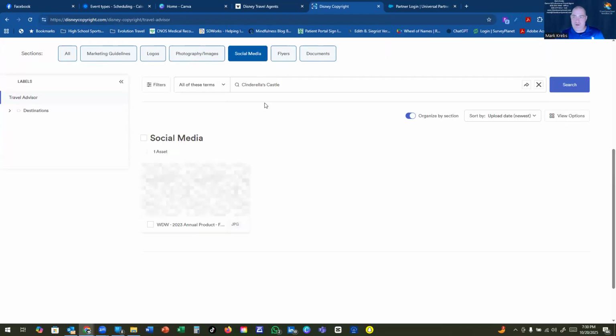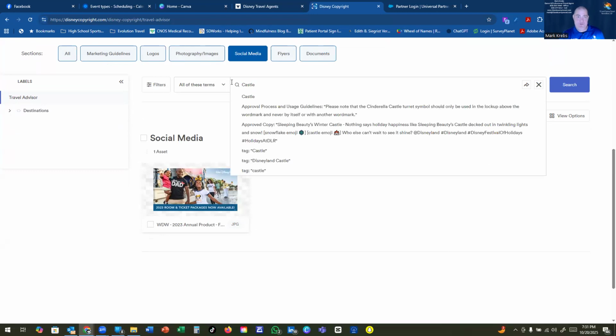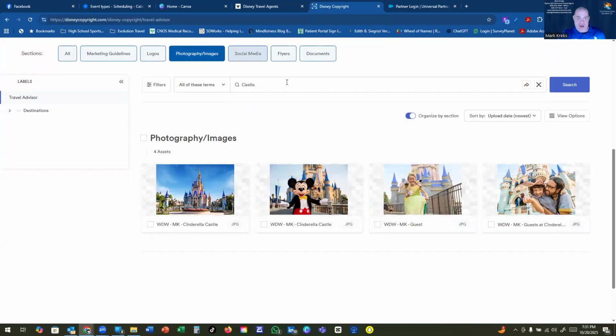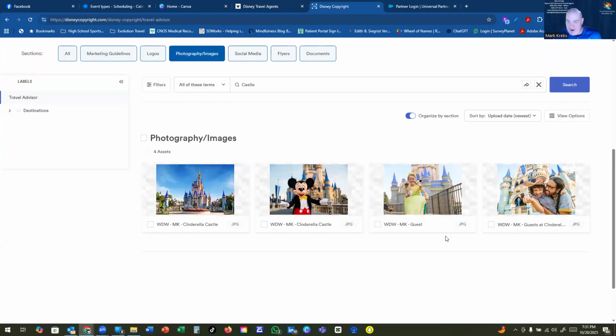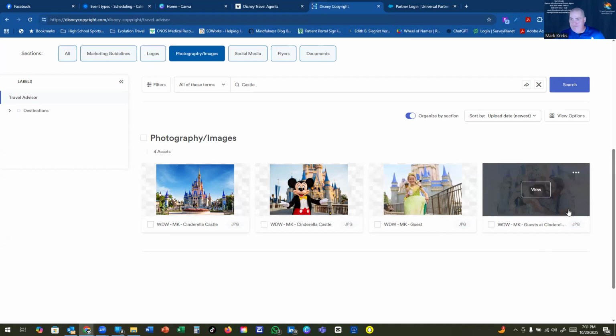You just simply put it in the search terms, and it's not going to come up with Cinderella's Castle, but you can also broaden your search term and then do photography images, and here you go. This is an approved picture of Cinderella's Castle that you can use, or with Mickey, or with a little girl as a princess, probably who came out of the Bibbidi Bobbidi Boutique, or a father and daughter. You guys can use all of this.